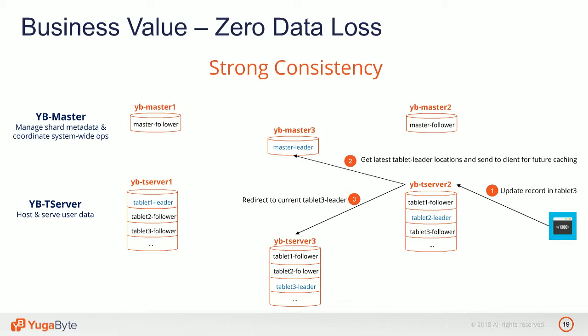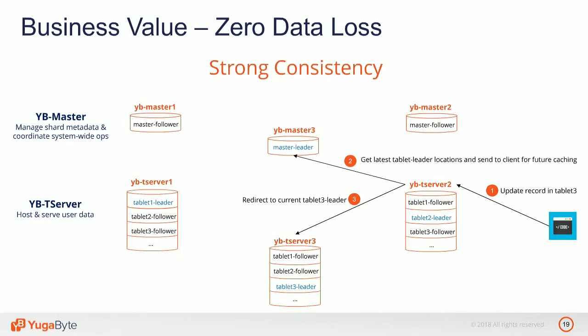Why do I say data is safe? Because at this point of time, I'll show you if there is a failure, you're absolutely guaranteed that the same data that you wrote in the previous example will be available to you. Let's take the example of now